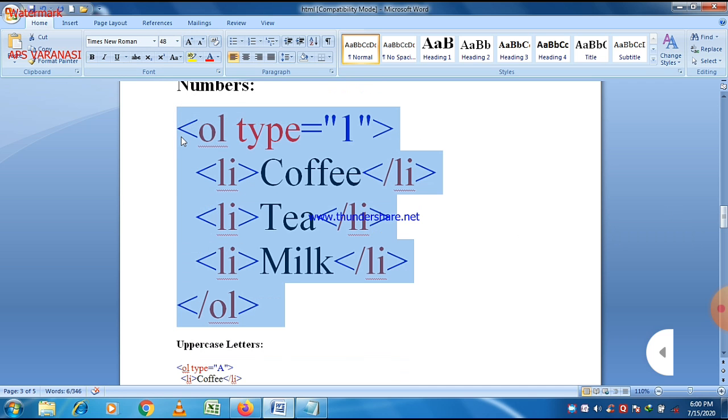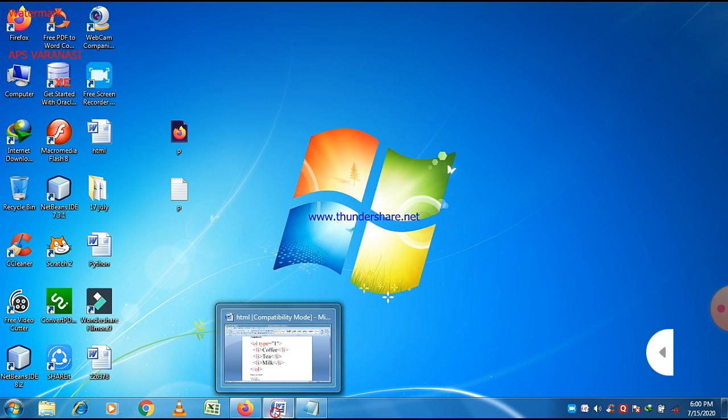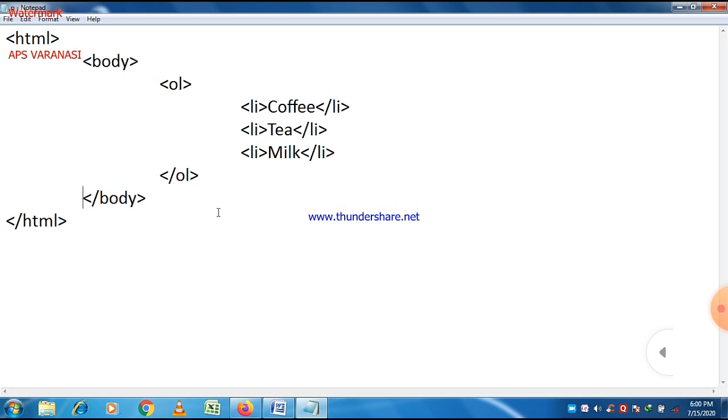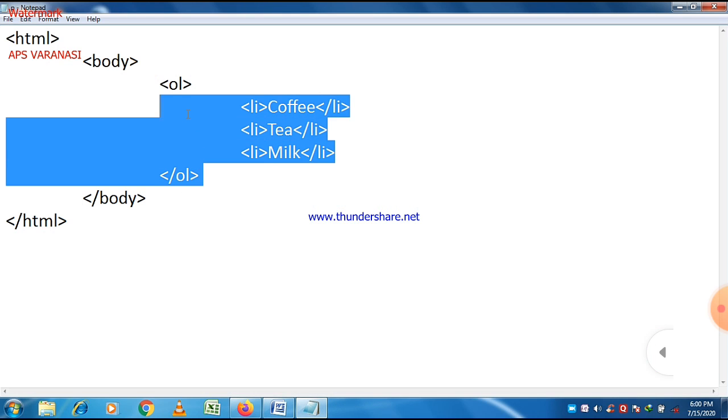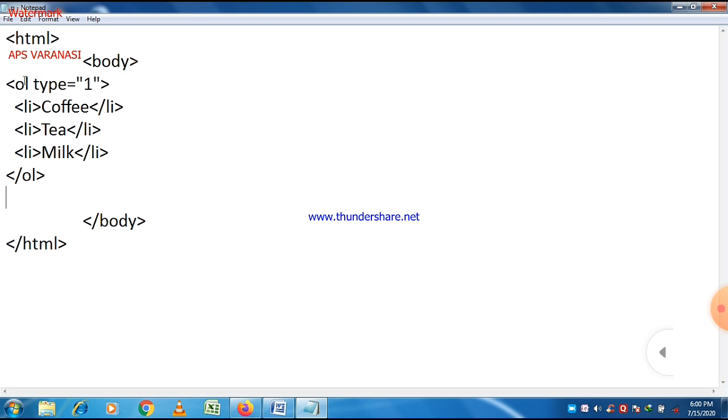So first of all, let us execute this program. There is only one difference, and the difference is that we write type is equal to 1, and the rest of the things are the same as the previous one. And space is not a mandatory part of HTML.